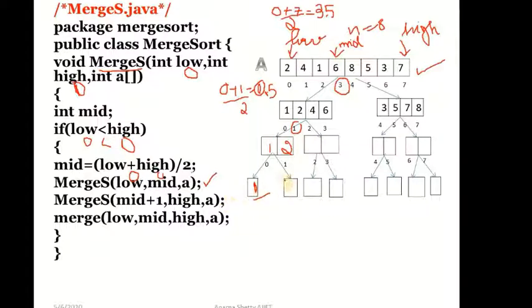Now it calls the right subpart of this array. Now it will call for mid plus 1. What is mid plus 1? Mid was 0, so mid plus 1 is 1. Here high is also equal to 1, and it will call on A.